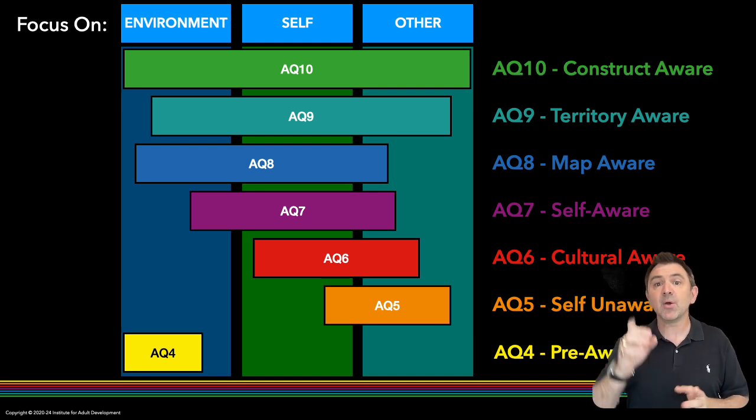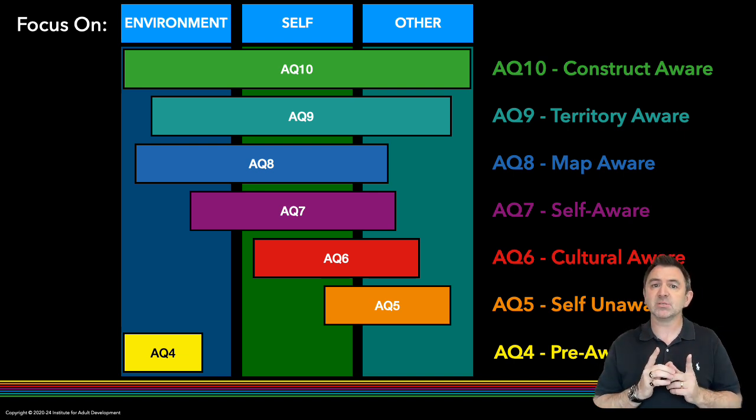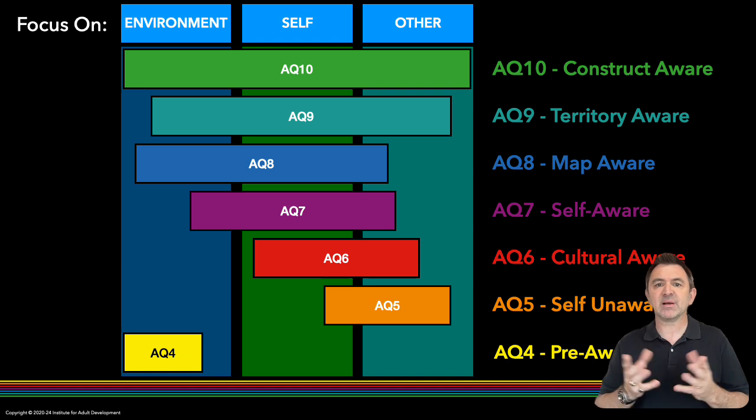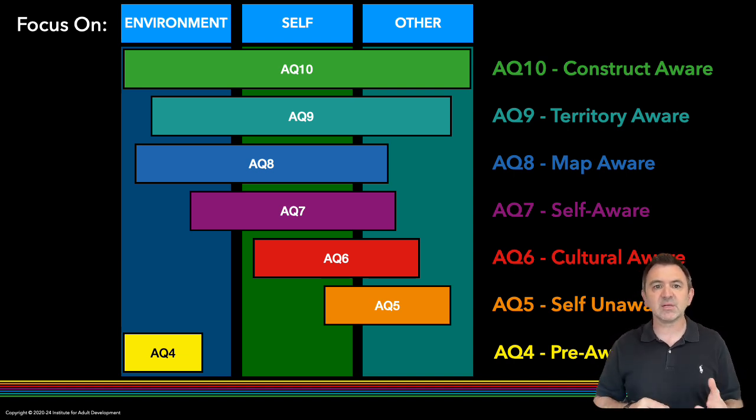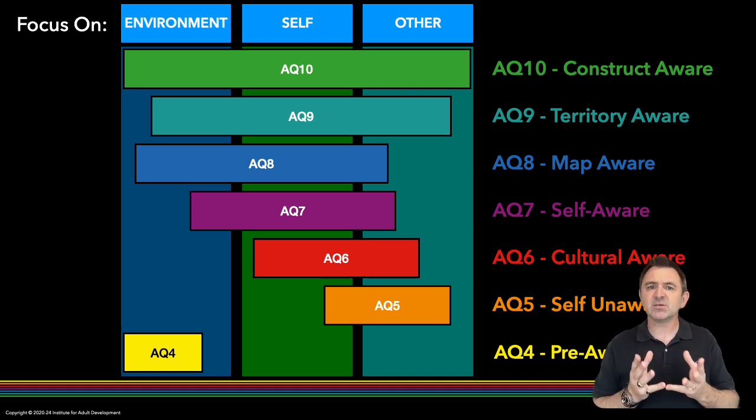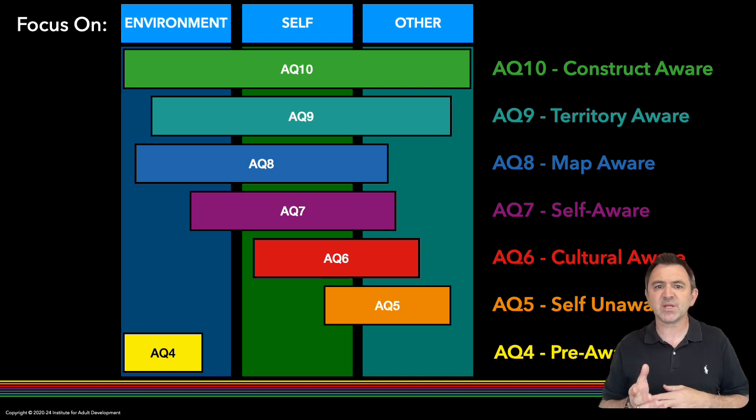So if we have another go at it, it might look like this. The important thing to remember in all of the systems is that every stage is both a growth and a limitation, and the labels are essentially meaningless. CDT is not really about self versus other, ego versus something else. Instead, I want to demonstrate how CDT offers a very different perspective on self-awareness, because it's a very different way of looking at our cognitive complexity.